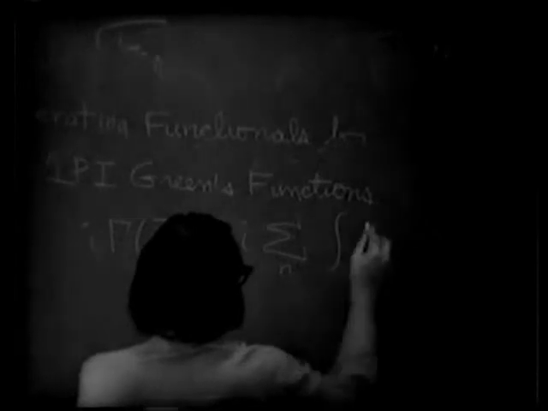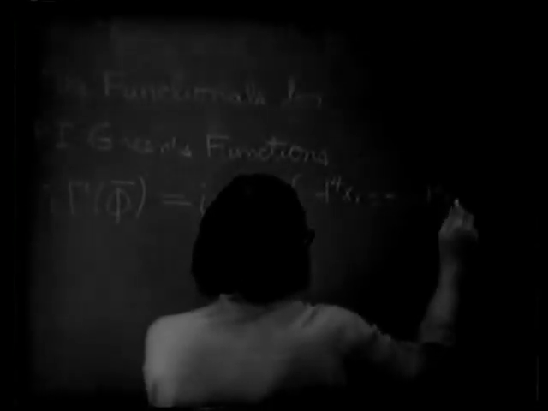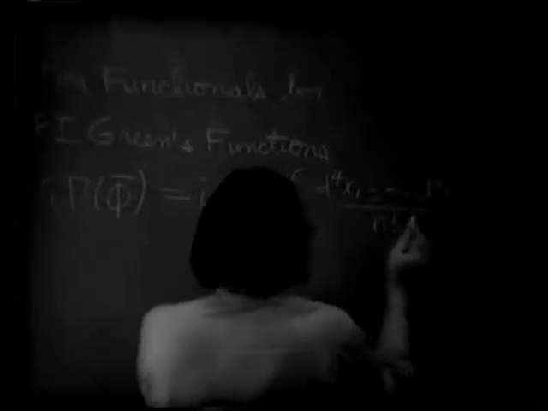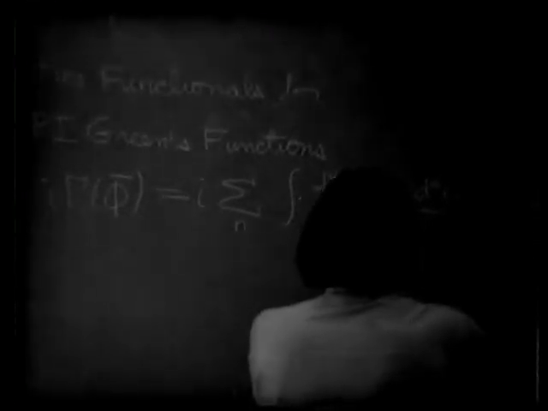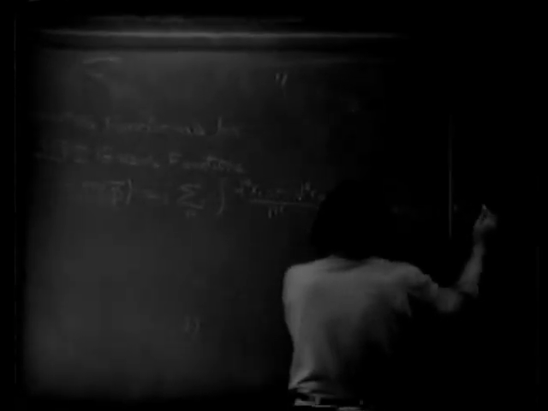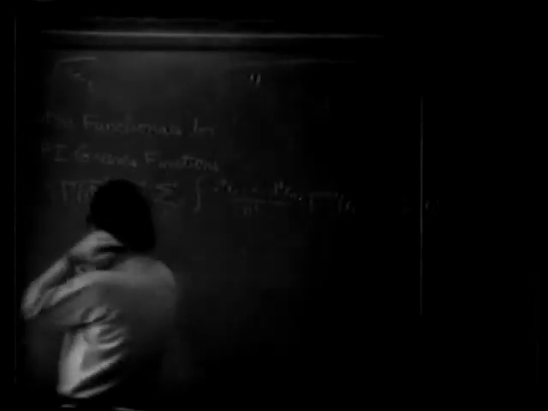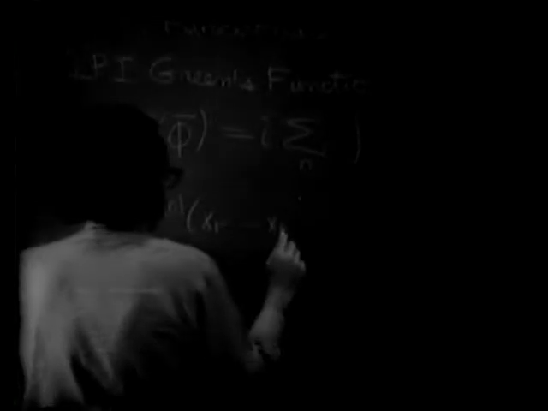Integral, sum on n, integral d4x1 to d4xn over n factorial, gamma n of x1 dot dot dot xn, phi bar of x1 dot dot dot, just like the functional Taylor expansion of Z in terms of j. Likewise, I will define the Fourier transforms of these things, which are the things we really compute in momentum space when we compute 1PI graphs,